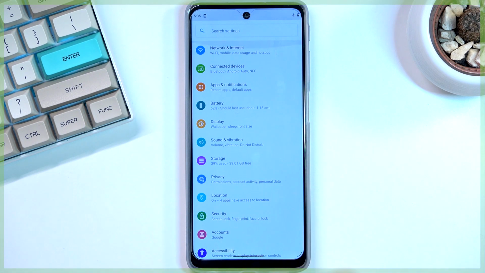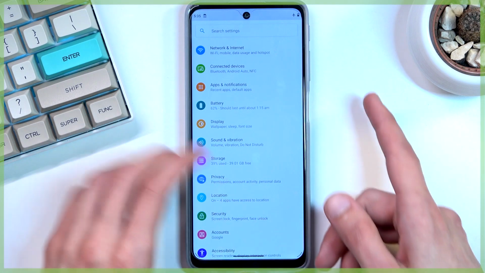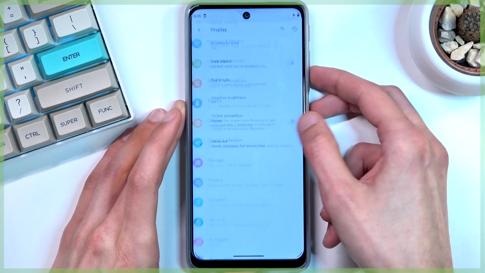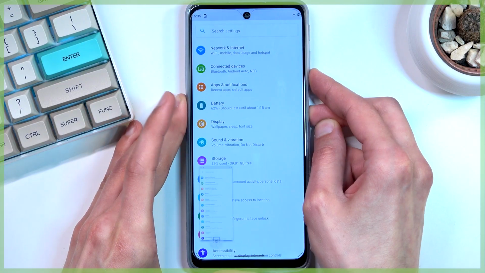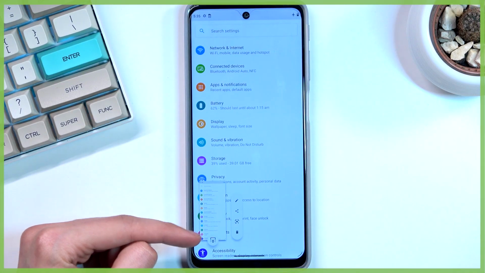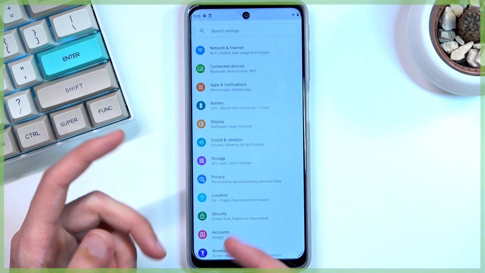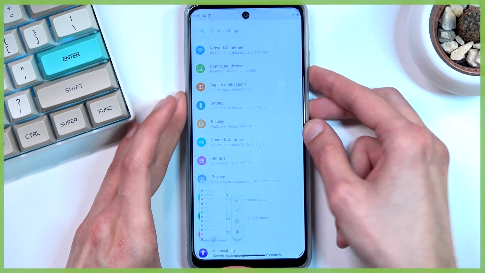I'll be using settings as an example for this, and from there hold the power key and volume down at the same time. Oops, let me go back, there we go. You'll have a sound along with this pop-up right here. It allows you to do a couple of things like edit, share,